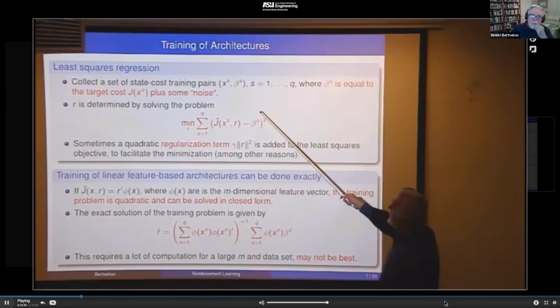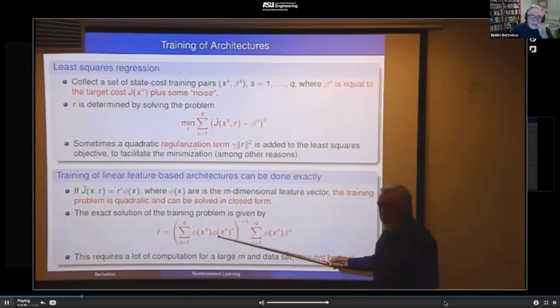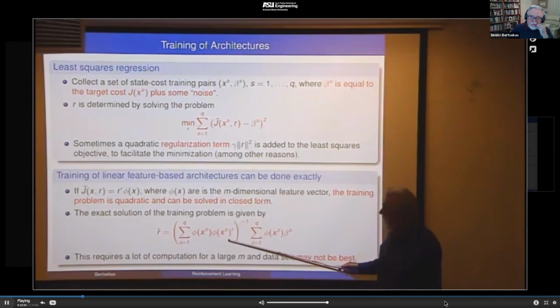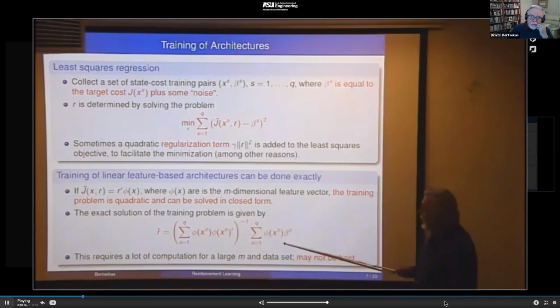How about this thing about 10 million data points? This means that we have to add 10 million matrices here before we can start thinking about inverting. And similarly, 10,000 vectors we have to add. So for a large number of features and large data set, this is in closed form, but it may not